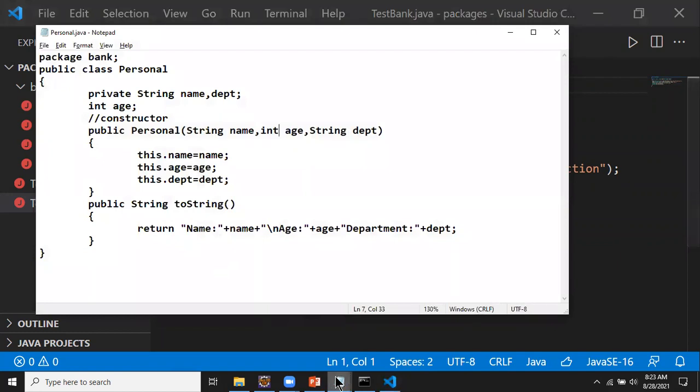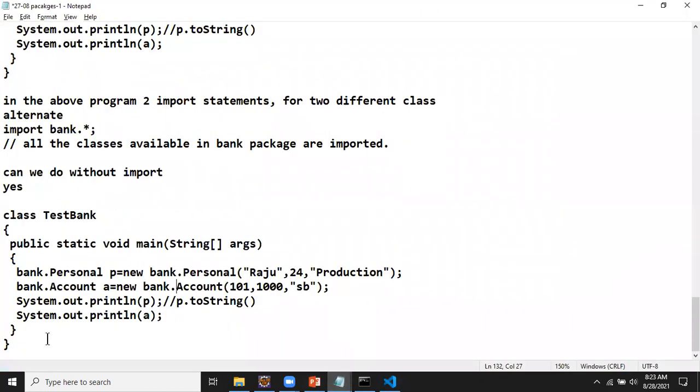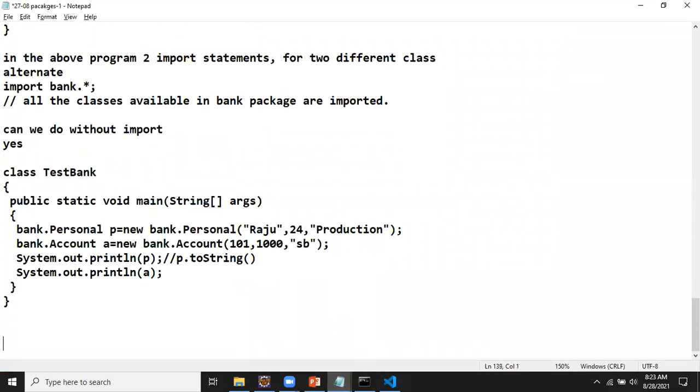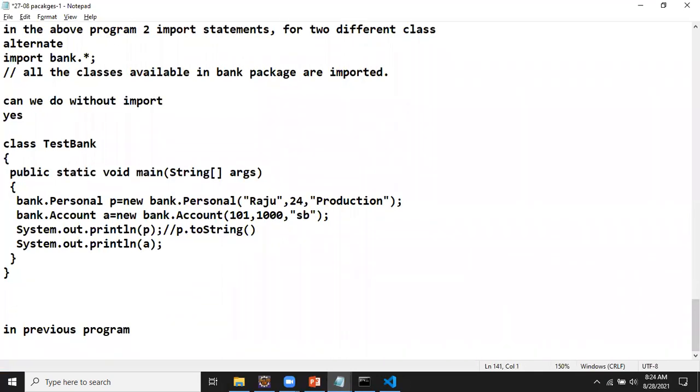Let us have a comparison with Java, what we did previously. I'm only trying to compare with the previous things we did. In the previous programs we used a class called Scanner.